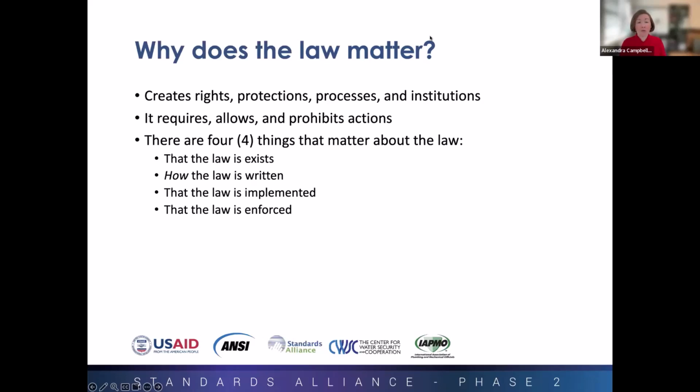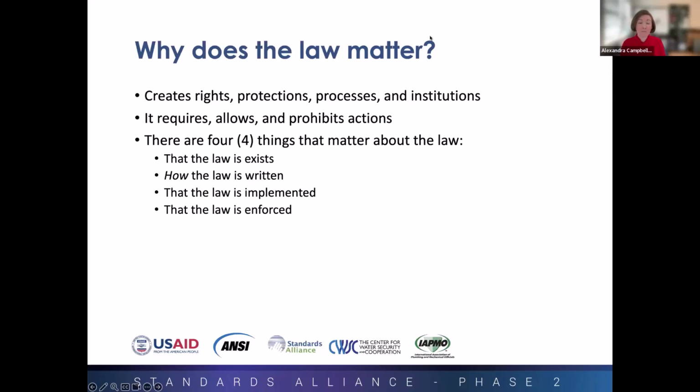It also, in a more tangible way, requires action, it allows actions to happen, and it prohibits certain things from happening. So it may say that you're allowed to do something, it may say that you're actually not allowed to do something, and it may say, well, you can do this, but you don't have to. And a lot of those are just instructions that are given to different agencies and to people like yourself and myself who are active. You might have an industry that does discharge contamination, and you will need a permit for that, right? So the law controls and oversees and protects